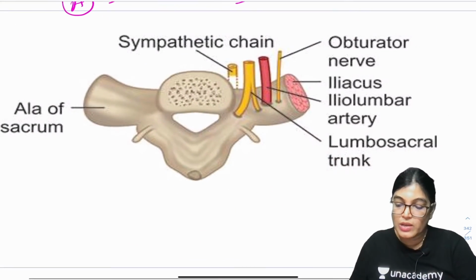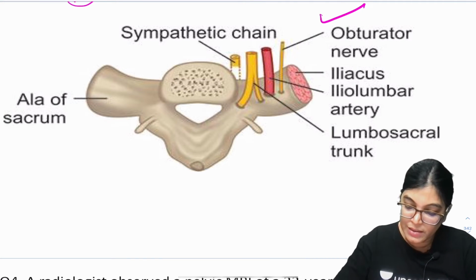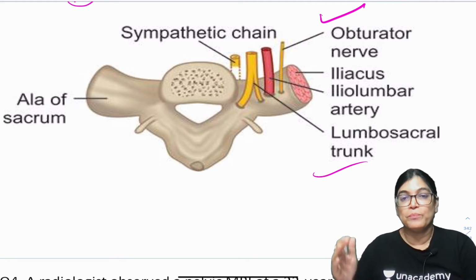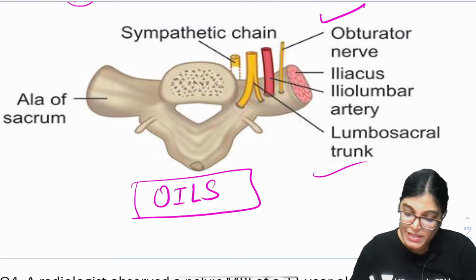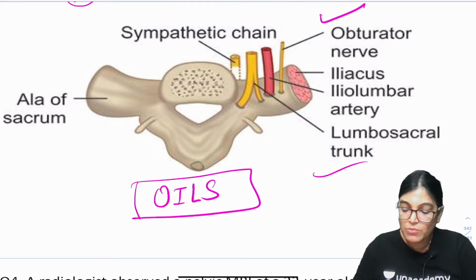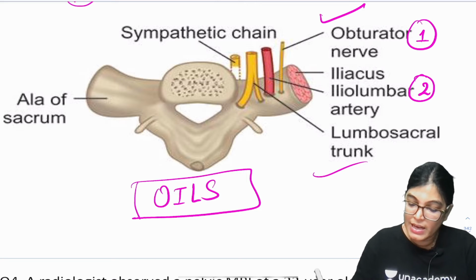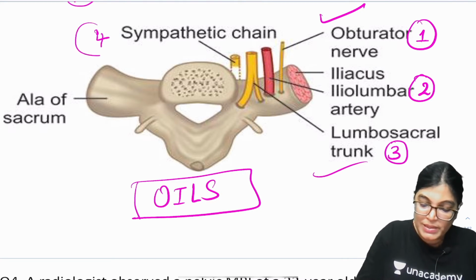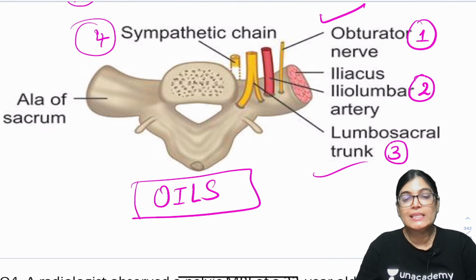Now I also want to see the other options provided, the obturator nerve and lumbosacral trunk. Can you see the relation of these structures from lateral? OILS is the mnemonic for the relations at the ala of sacrum. From lateral, most laterally is the obturator nerve, O; I for iliolumbar artery; L for lumbosacral trunk; and the most medial one is the sympathetic chain. So these are the relations of structures from lateral to medial, OILS. So you can clearly see this is not lying